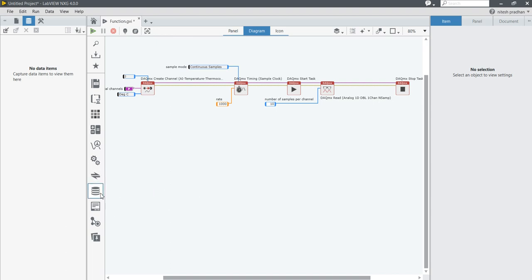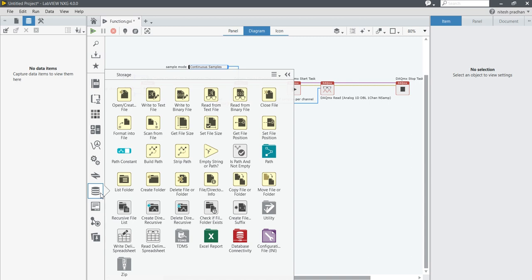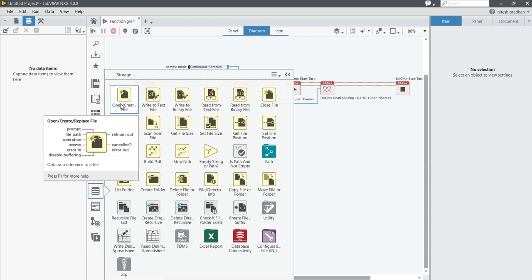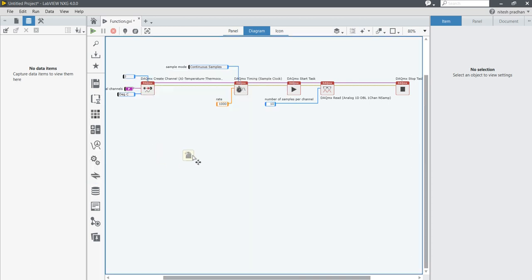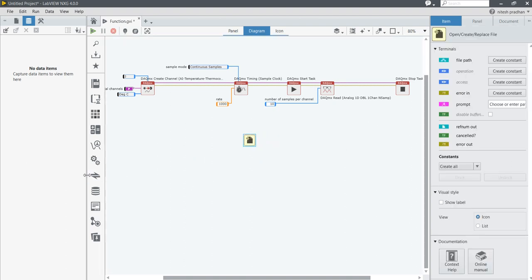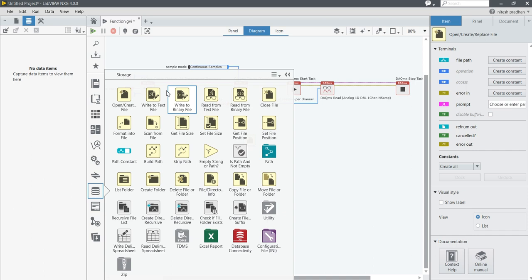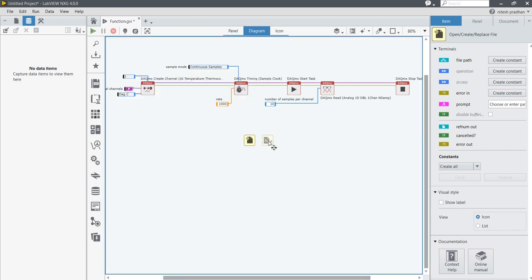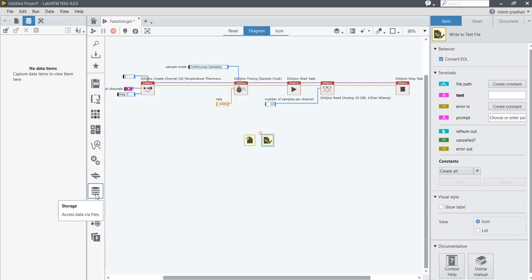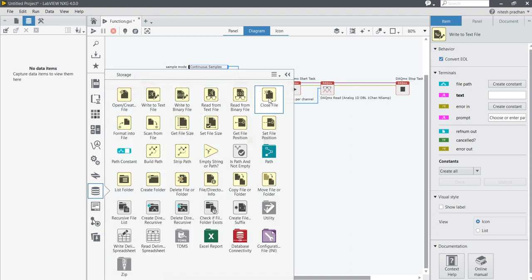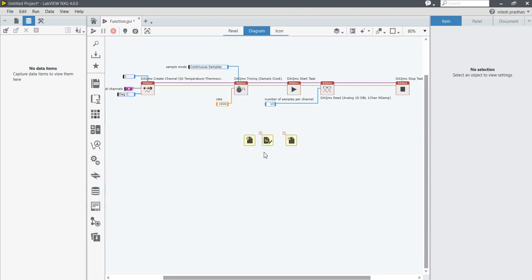So for that, click this one, it is our storage. In this storage you will get this Open/Create File path. So first take this Open/Create File path. Now take one more, Write to Text File. After that take Close File. These are three functions.